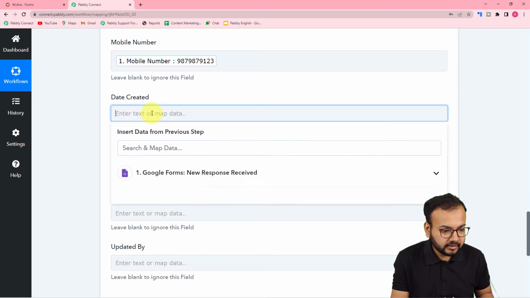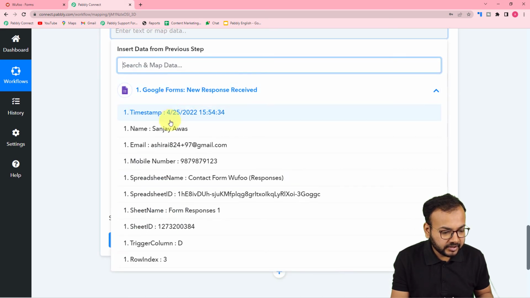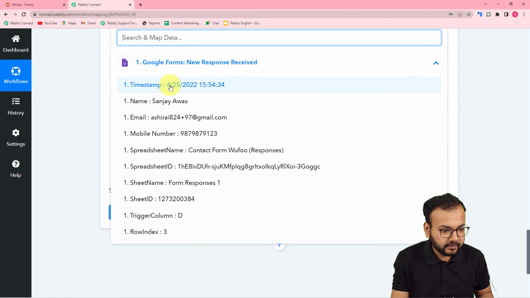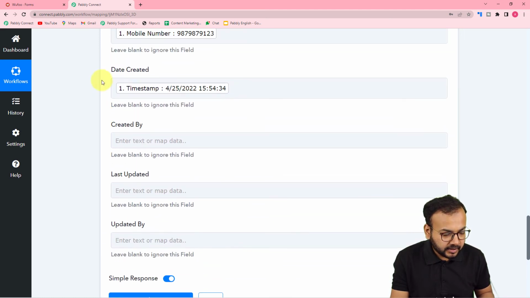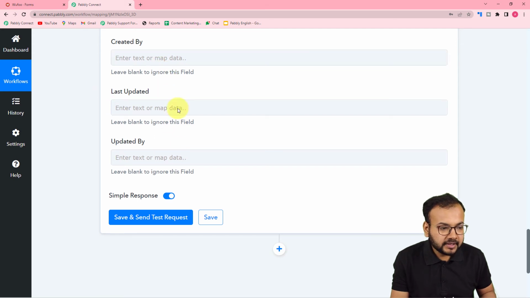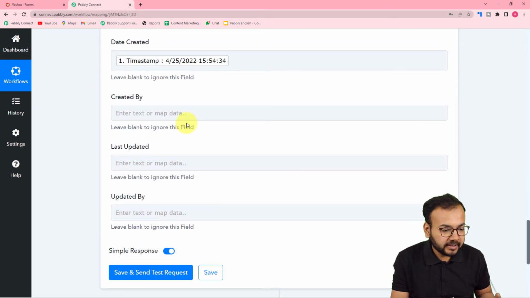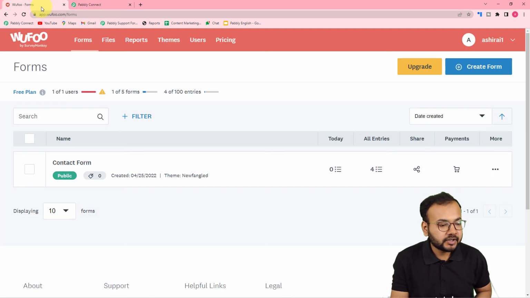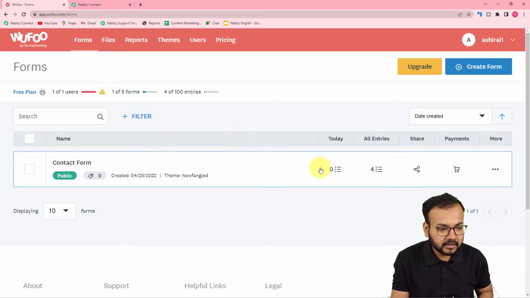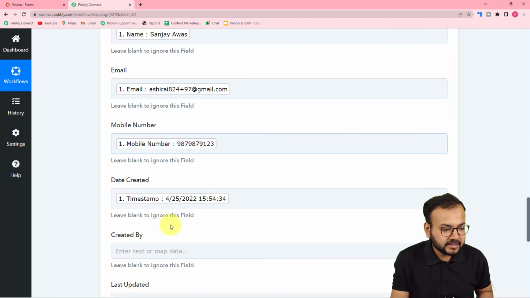Okay, the creation date, let's see if we have the creation date. Okay, we got the timestamp. Let me map the timestamp. Okay, so these are the things you can map if you have the data, but right now I'm just mapping these things. And now you can check your connection with Wufoo applications by clicking on save and send test request